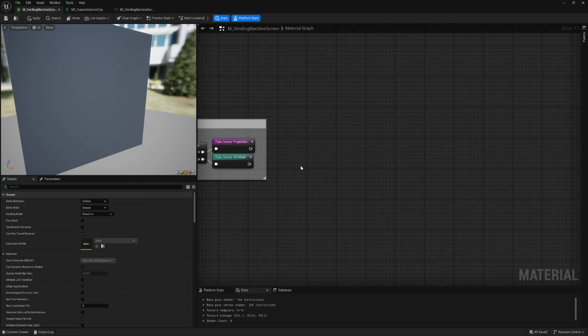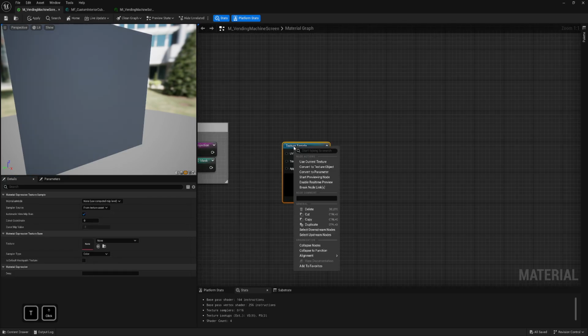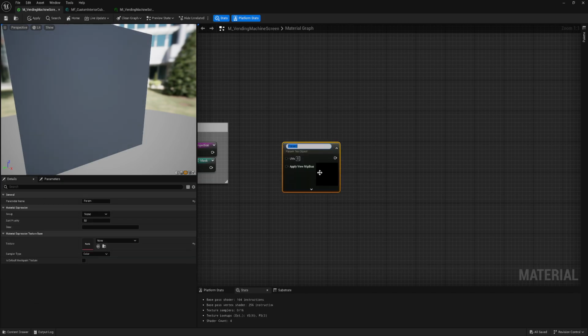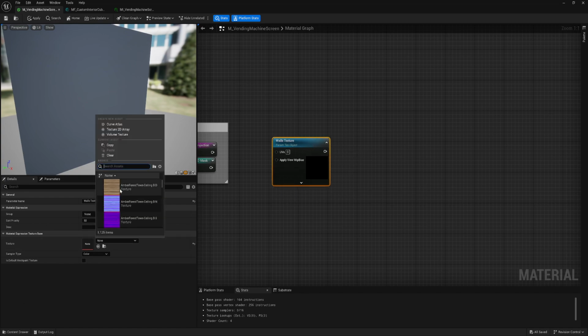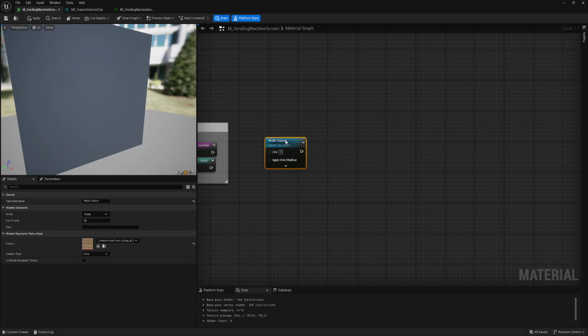Okay, let's texture our interior. I will use this one as a texture object and parameter. It's a default one.